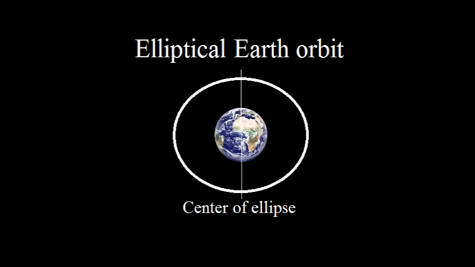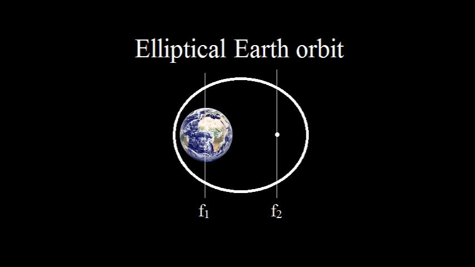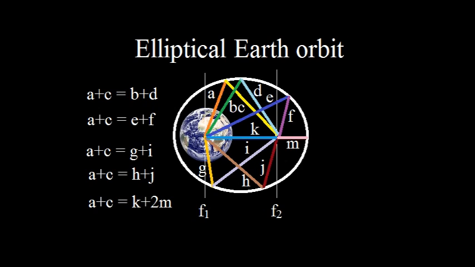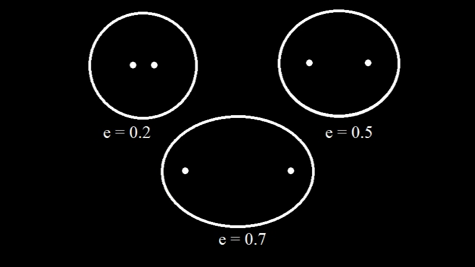In an elliptical orbit, the Earth isn't at the center of the ellipse. It's off to one side, at one of the ellipse's 2 focus points. Now, there's a precise geometric definition to what the 2 focus points, or foci, are, involving line segments that add up to the same length, and reflections off the inner surface, and a directrix, and blah blah blah. All you really need to know about the 2 foci is that they get farther and farther apart the more elongated or eccentric the ellipse becomes,